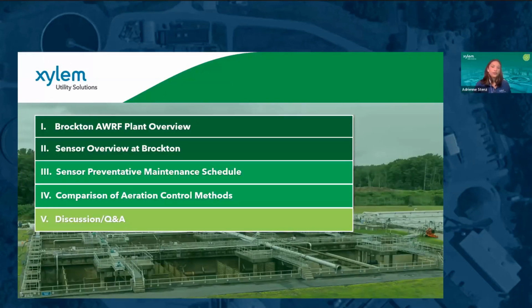Here is an overview of what we will cover today. I'll start by providing an overview of Brockton AWRF and talk a bit about its process, effluent limits, and a bit about the plant history. Next, John will cover where all of the online sensors are located within Brockton's process and how they're used. Then John will share his preventative maintenance schedule for the sensors and his tips for ensuring accurate and reliable data